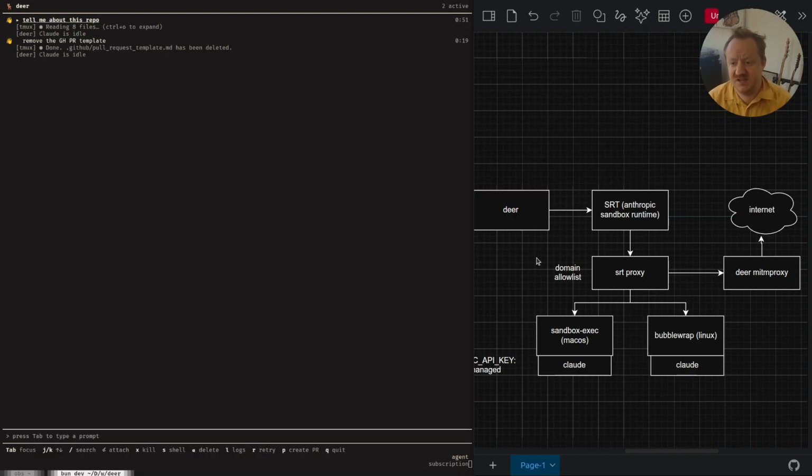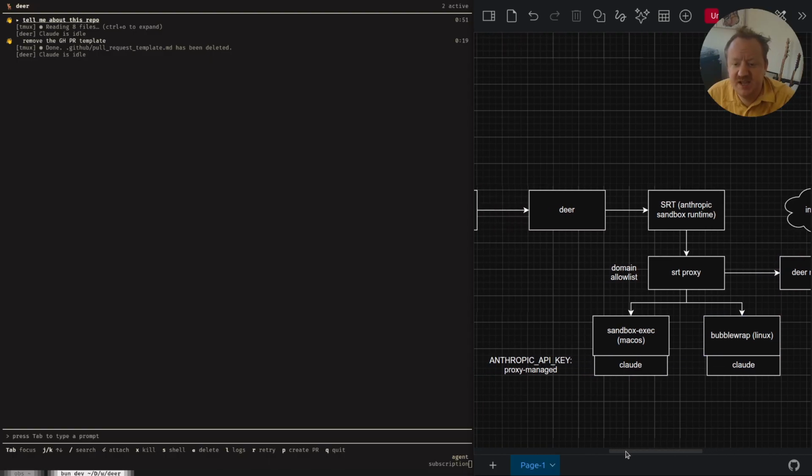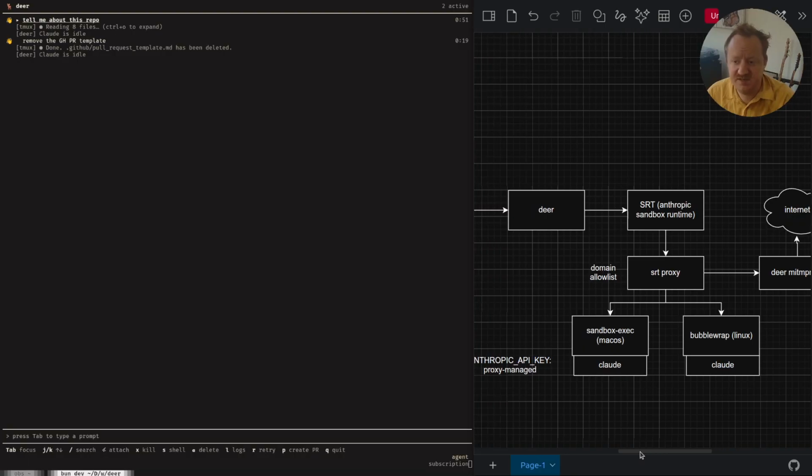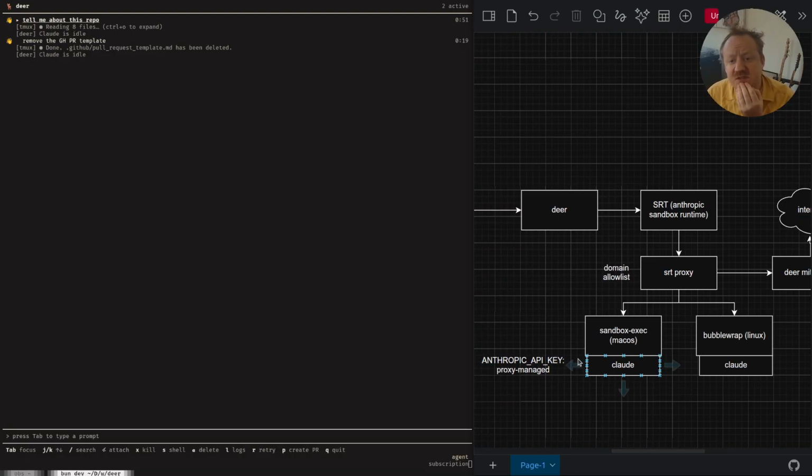So Claude doesn't actually talk to the internet, it talks to the proxy, and the proxy talks to the internet. But actually, the SRT proxy is talking to the Deer man-in-the-middle proxy. And the Deer man-in-the-middle proxy allows us to inject headers into the requests so that we can remove the API keys and the OAuth credentials or whatever else for our subscriptions from Claude.